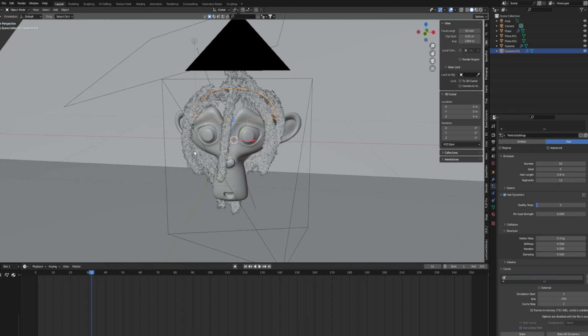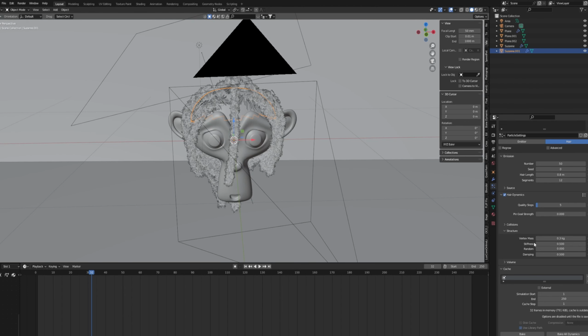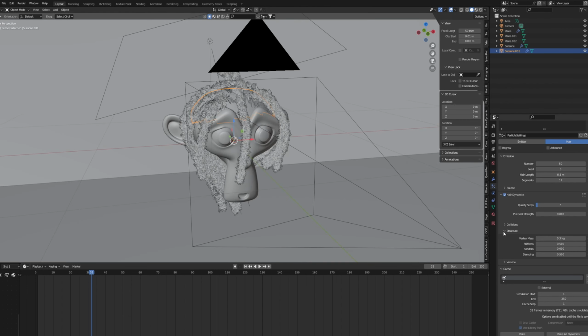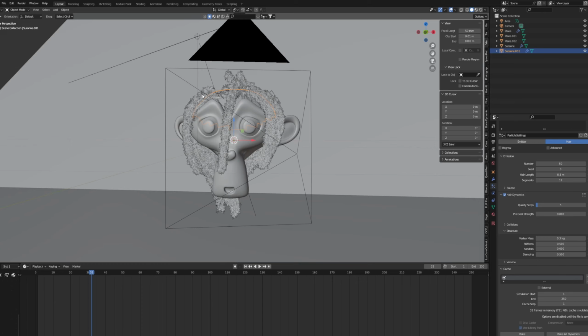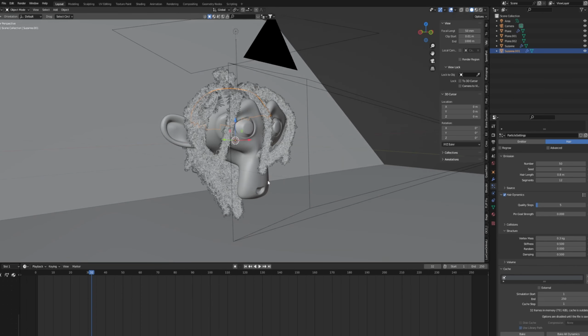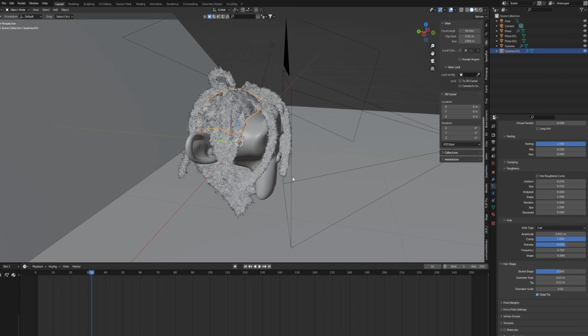And if you find any problems, the main settings that I found that change things are the vertex mask just changes the weight of each dread and how much it'll fall down. And the stiffness is how stiff each dread will be, and the dampening is just how much they'll move. So if you have in your scene your dreads are bouncing all over the place, just increase the dampening, increase the stiffness a bit, and the mask just increase a bit. Just play around with these settings really. That's pretty much the tutorial on how to make these